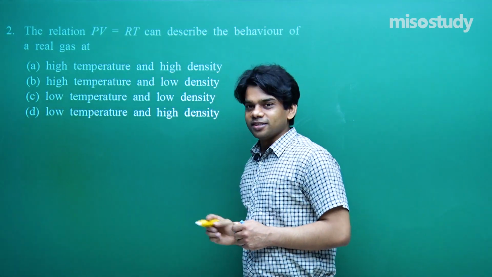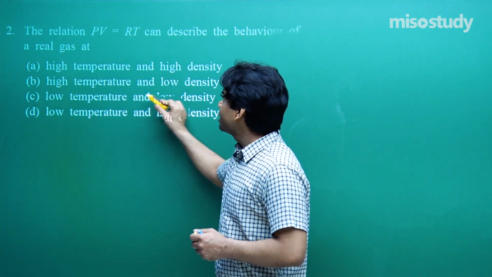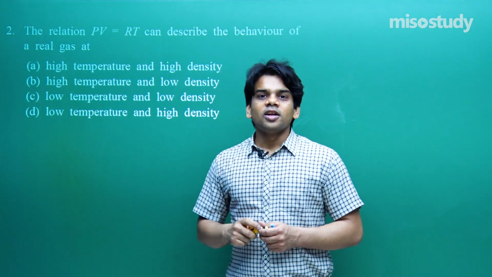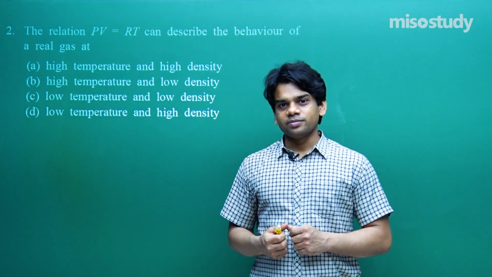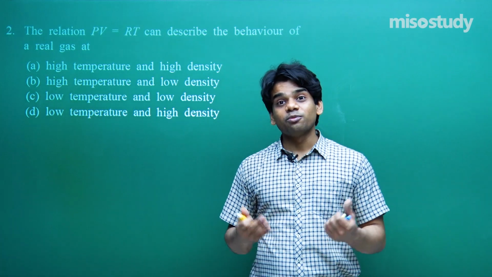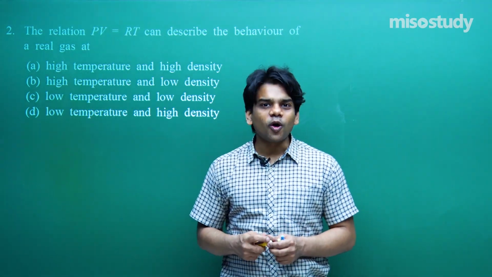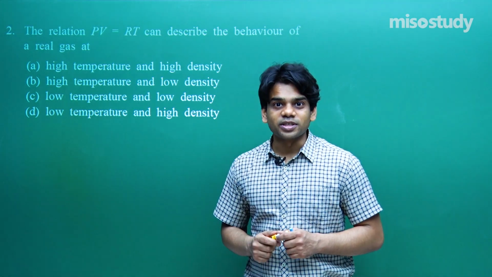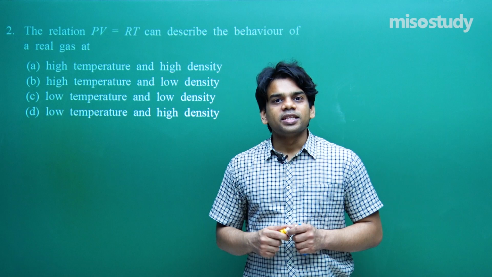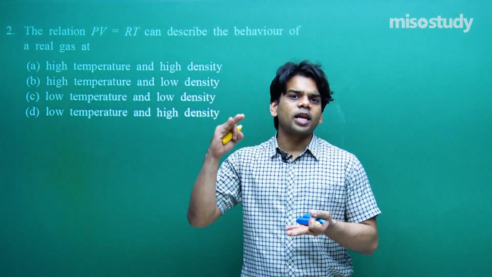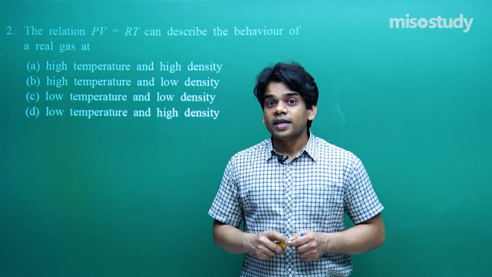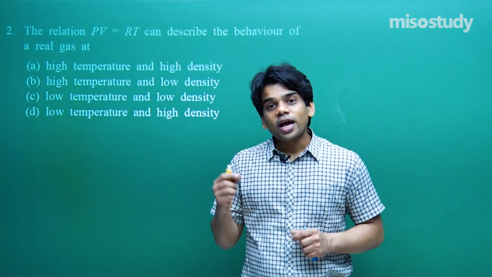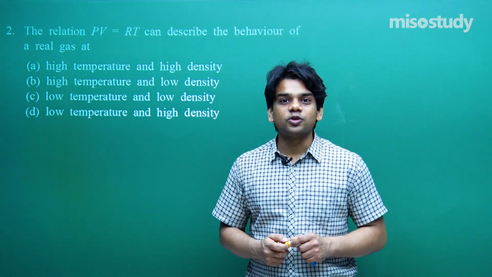High temperature and high density; second, high temperature and low density; low temperature and low density; low temperature and high density. Now on increasing the temperature, think what will happen. The gas is going to expand, the molecules will get more space to move. So high temperature is one of the relevant things you need to consider for applying the ideal gas equation. Next, think about density. They should be free to move. If you take high density, molecules will be clubbed very close together. That is not the case that we have made in the assumption of kinetic theory of gases. So to have freedom to move, their density should also be quite low.